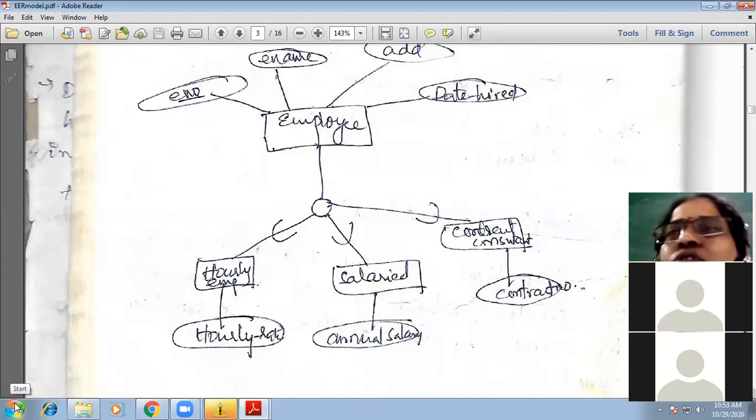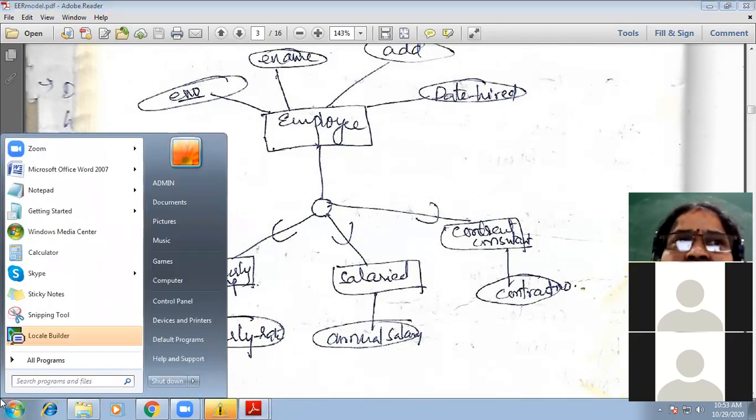Now I'll show how to use this Oracle and how to create this employee table. I'll show one example and then continue with the transformation. I want to create this employee table and make an association between employee and hourly employee, salaried employee, and contract employee. How to create that?